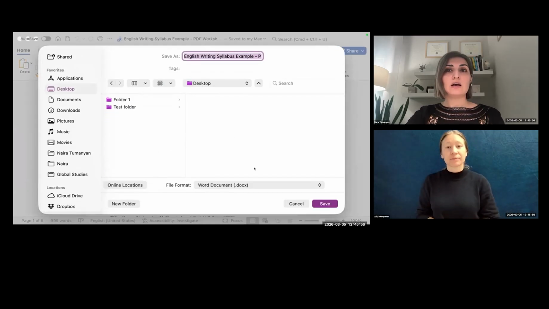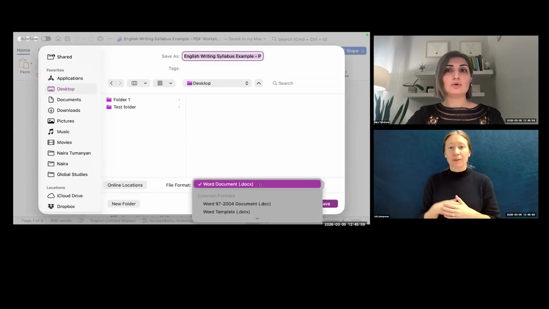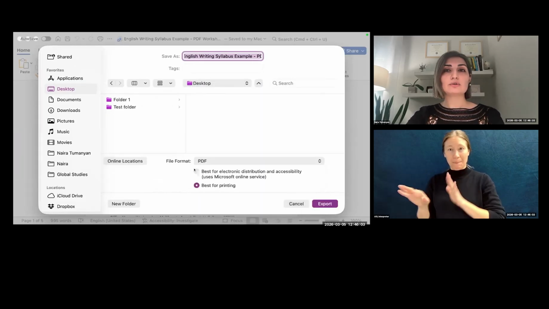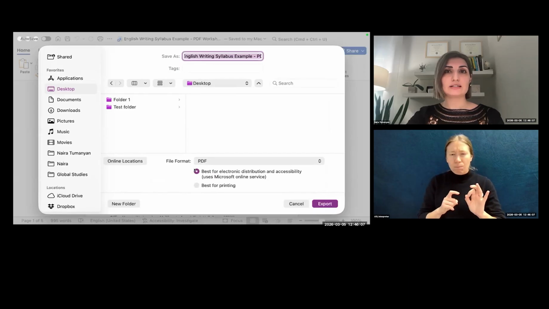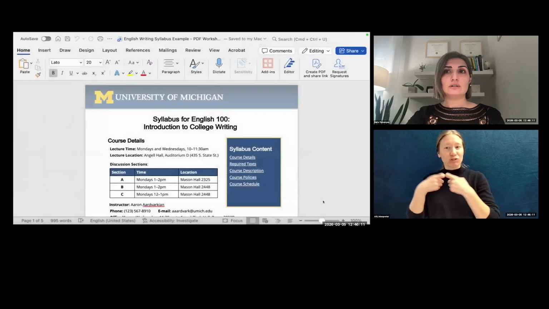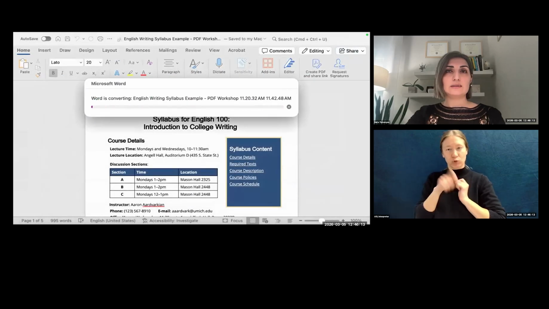And then for file format, I'm going to select PDF here. And I want to make sure that Best for Electronic Distribution Accessibility is checked. And then I'll export it